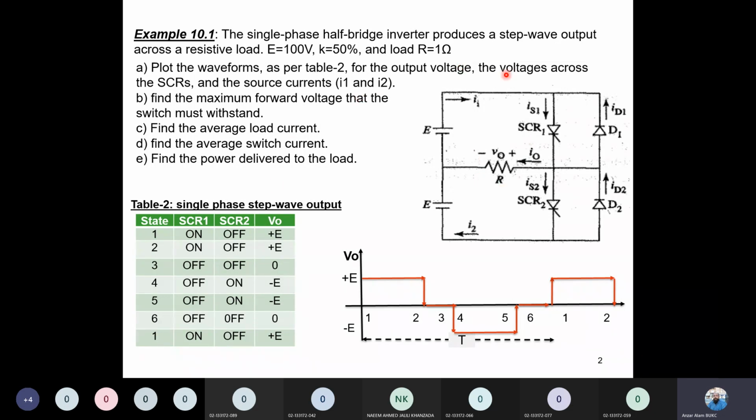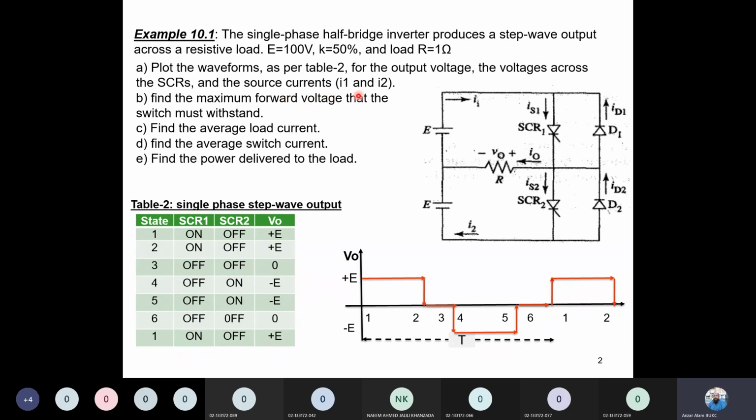द वोल्टेज अक्रॉस द SCRs मींस इस SCR1 के अक्रॉस भी वोल्टेज मालूम करना है और इस SCR2 के अक्रॉस भी वोल्टेज मालूम करना है। एंड दीज आर वेरी सिंपल। आपको पता है ये SCR अगर स्विच ऑन है, इसके क्रॉस वोल्टेज कितने होंगे? 0 होंगे। ऑफ है तो सप्लाई वोल्टेज होंगे। दैट्स वेरी सिंपल।